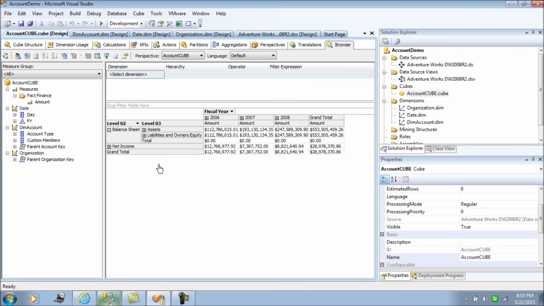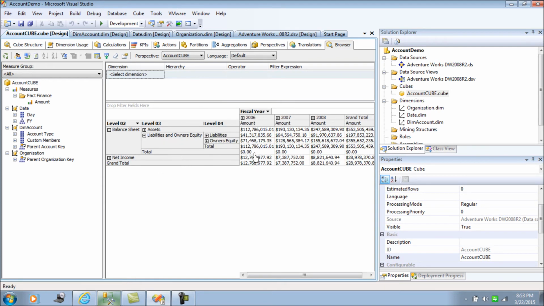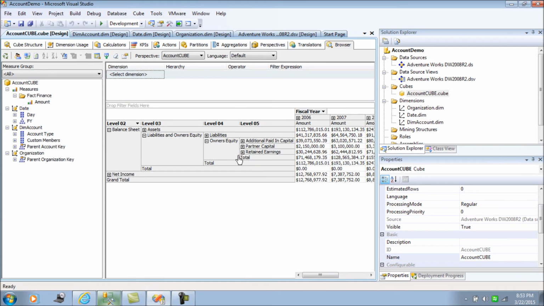But the important thing here is, for assets and liabilities, if we dig down deep, we can see they are being aggregated internally. At the balance sheet level, it's showing correctly, but within the assets and liabilities, it's showing in a different way.